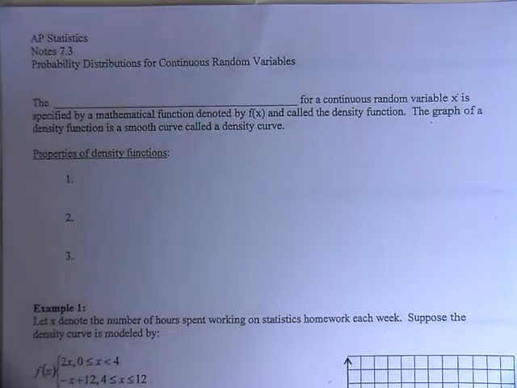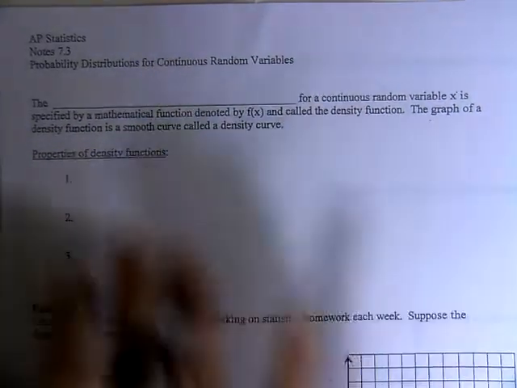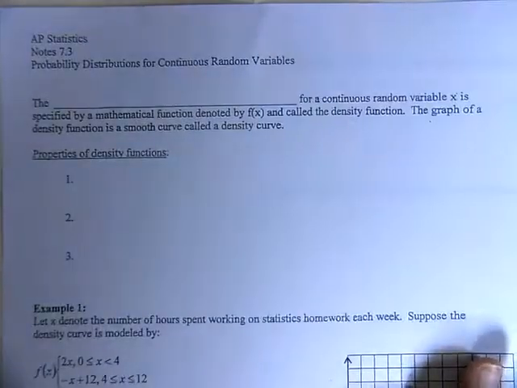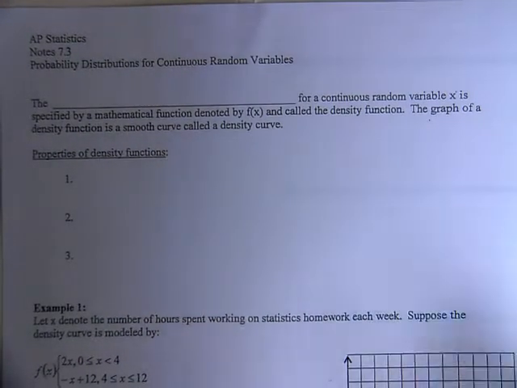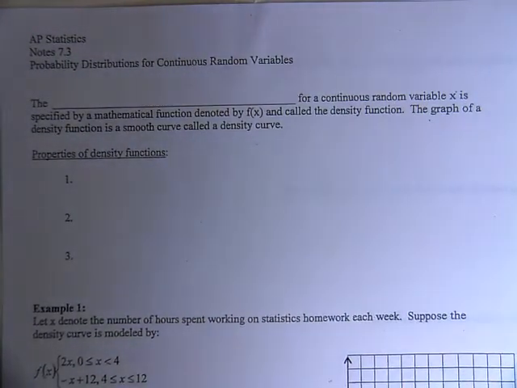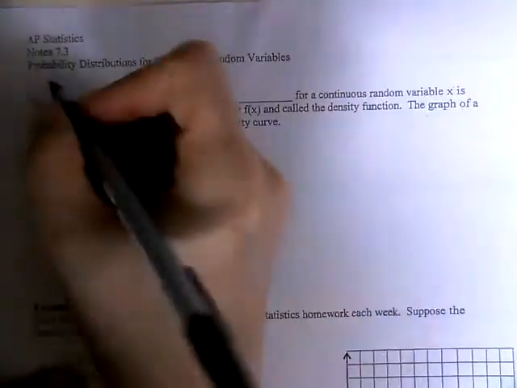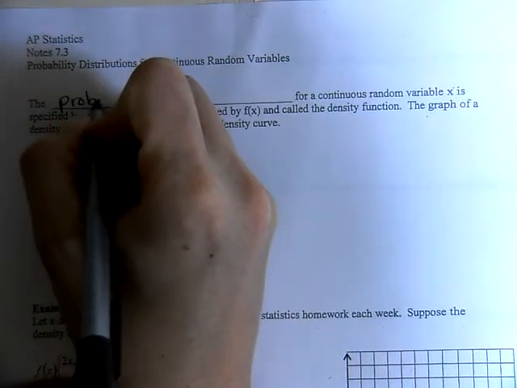Okay, with 7.3, we're going to look at probability distributions for continuous random variables. You don't see them that often because they're kind of hard to do, but we're going to look at one today and kind of walk you through it. So the probability distribution